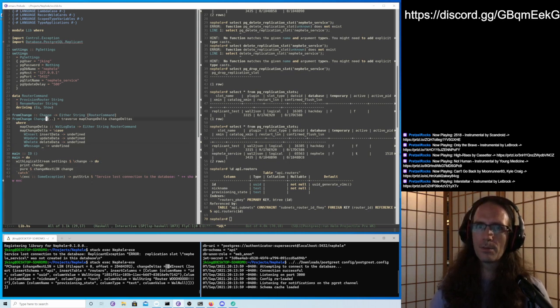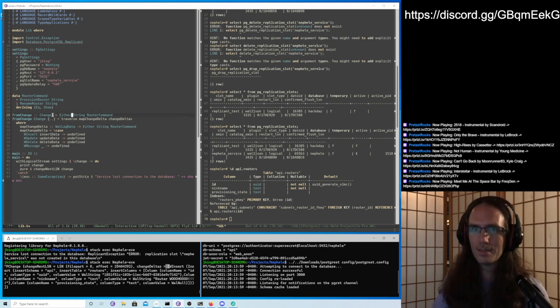So what I think is a little bit neat about Haskell, and some of you who are a little bit more experienced might already see this, is that we have to have some kind of either type here. I don't think we actually need a list of router command. I'm going to go with router command. I'm going to change this up a little bit. But we can't get away from having either or maybe. And the reason for that is because of this list.